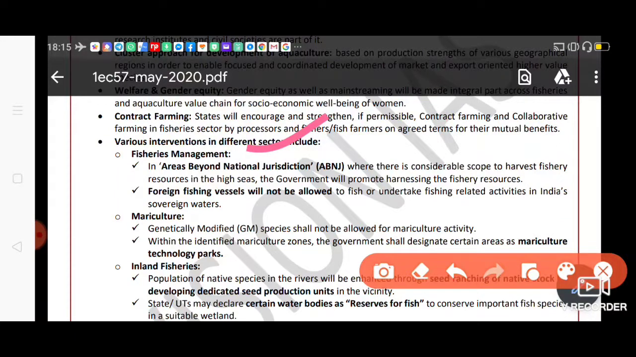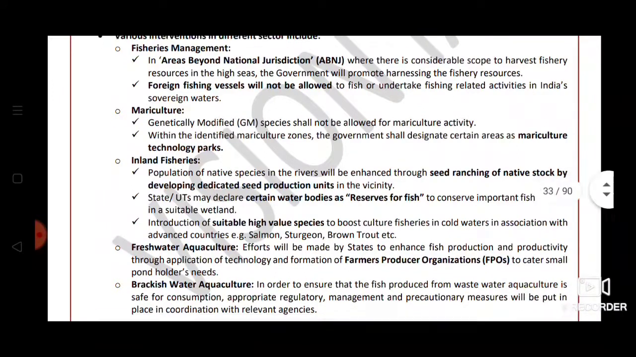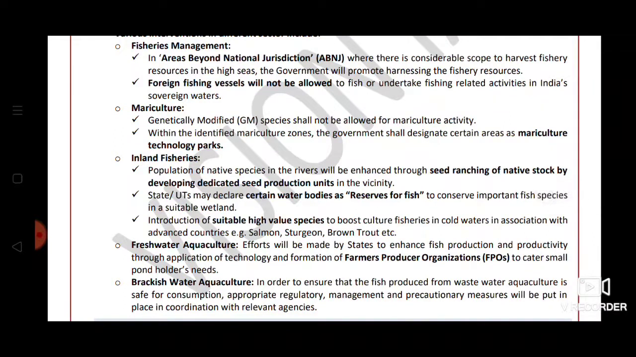Mariculture. Genetically modified species shall not be allowed for mariculture activity within the identified mariculture zones. The government shall designate certain areas as mariculture technology parks. Inland fisheries. Population of native species in the rivers will be enhanced through seed ranching of native stock by developing dedicated seed production units in the vicinity. Certain water bodies will be considered as a reserve for fish, and introduction of suitable high value species to boost